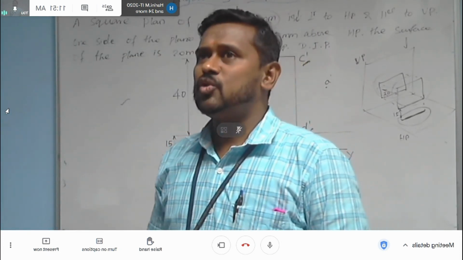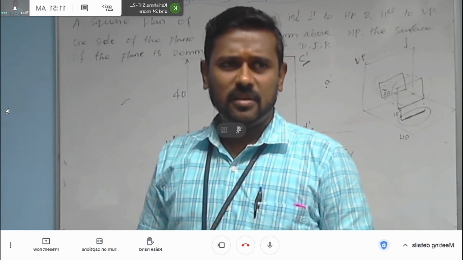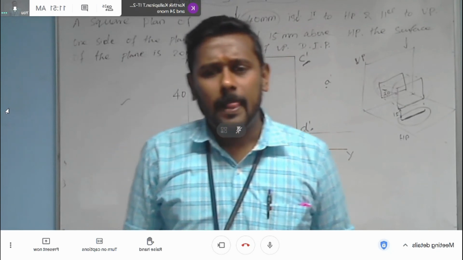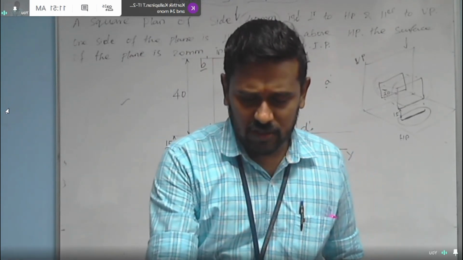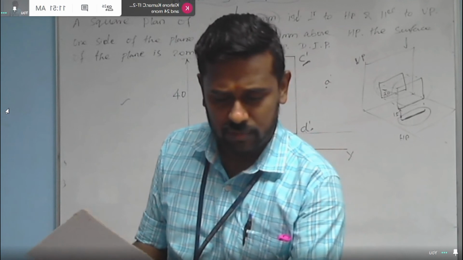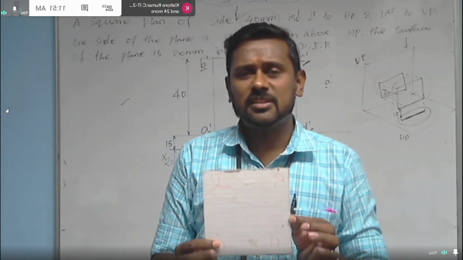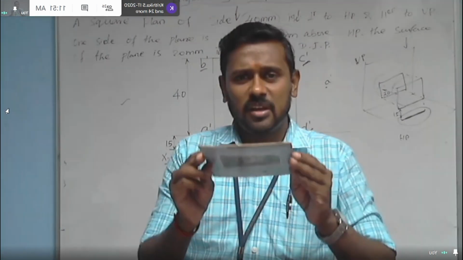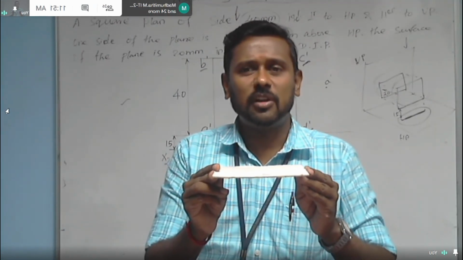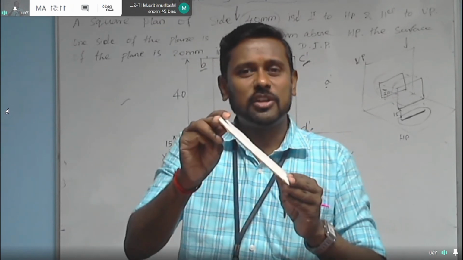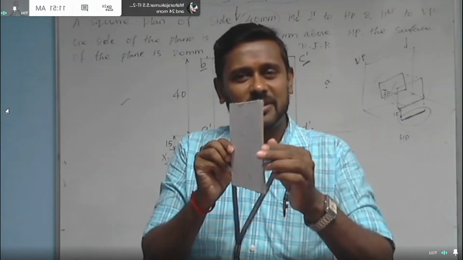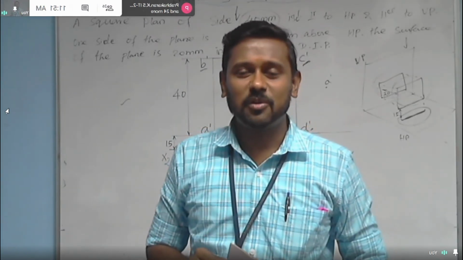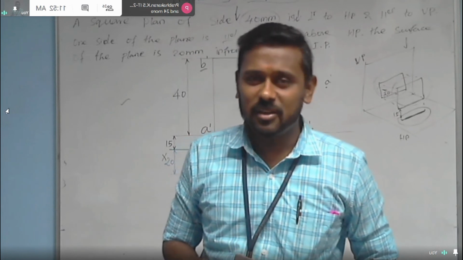In the same way we are going to draw a number of planes. We are going to practice with rectangle, hexagon, pentagon, and not only in that condition. Just now we worked with a single position, that is plane surface perpendicular to HP and parallel to VP. Beyond that we are going to practice plane surface parallel to HP and perpendicular to VP, plane surface inclined to HP and perpendicular to VP, plane surface perpendicular to HP and inclined to VP. All these kinds of positions we are going to practice for drawing the projection of planes.